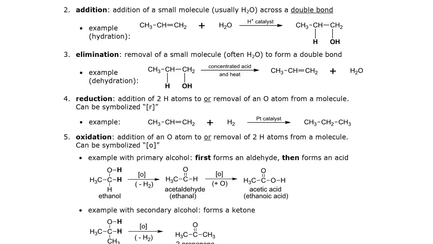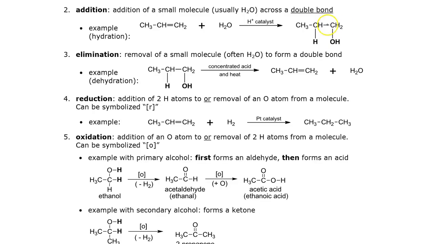If I start with addition and elimination, an addition is an addition of a small molecule, usually water, across a double bond. You can see how that is symbolized. You have a double bond here, which is an alkene. This is also called a site of unsaturation. It's unsaturated because you can possibly bond more groups to these carbons. And that's what happens in the hydration. From the H2O, you bond the hydrogen to one of the carbons, the OH to the other carbon, and now that's considered to be an addition of water.